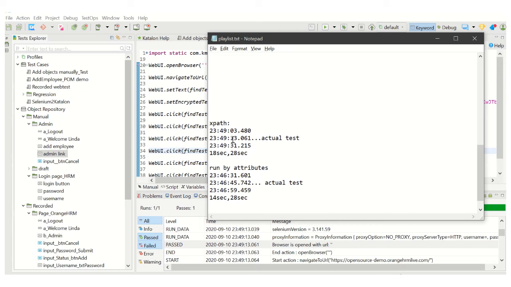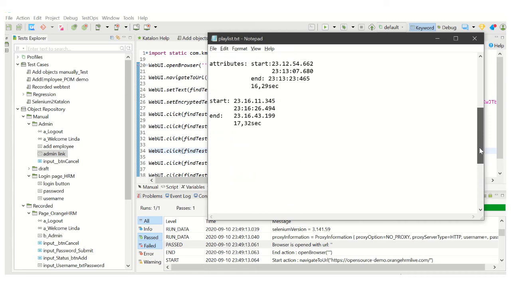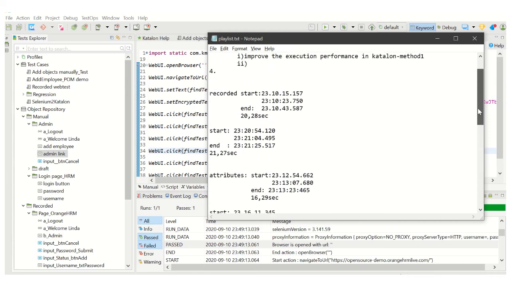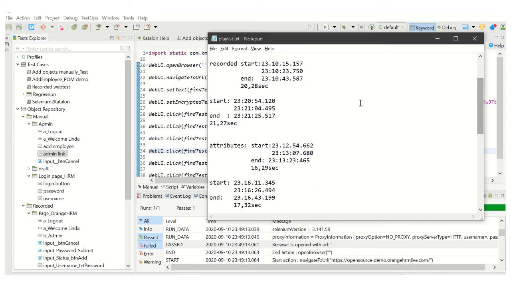This is the time we have to count, and you see there is a 4 seconds difference just for this small test. Now you can imagine how much difference it is going to make when you run it in large projects. And this is not concluded by just this test. In fact, I ran multiple runs before I showed this demo, and these are some calculations I had, and all of them have proven the same point.